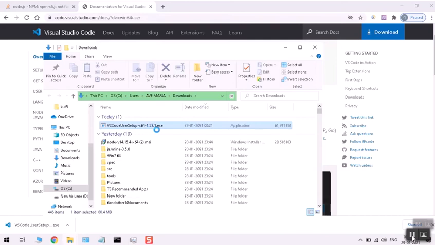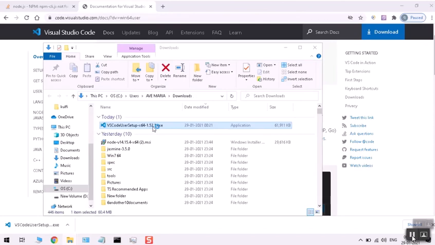So let's install it right now so that we can type the code and run it, to see whether we are able to run the Protractor program in our Visual Studio Code.